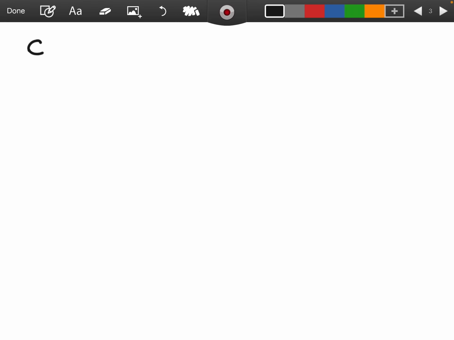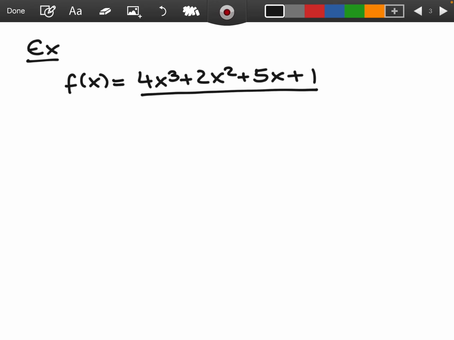We'll do one more example of this. This time I'm going to have f of x is equal to 4x cubed plus 2x squared plus 5x plus 1 divided by x squared minus 3x plus 2. So again we have this rational function, and in order to find the oblique asymptote,